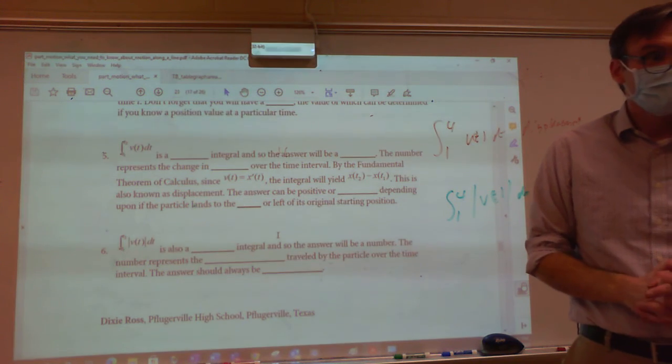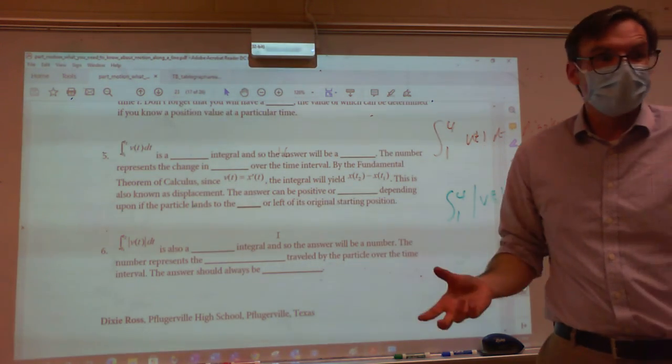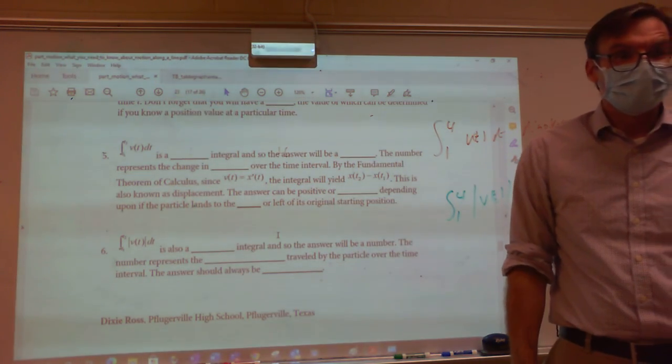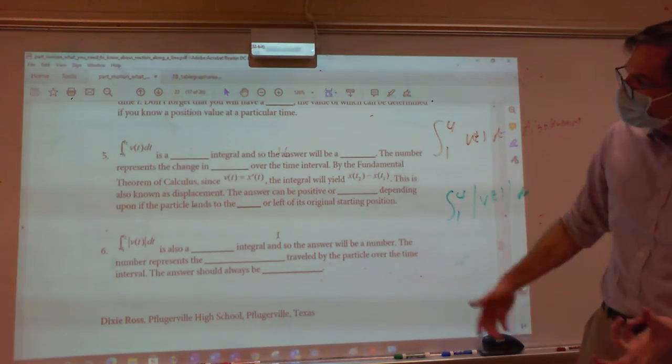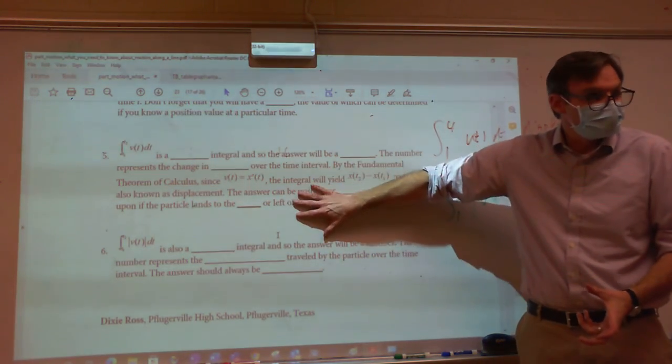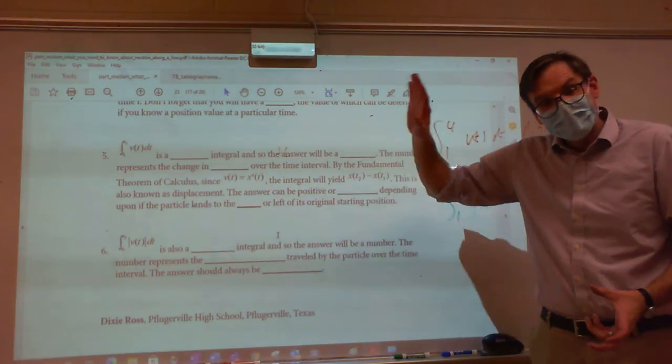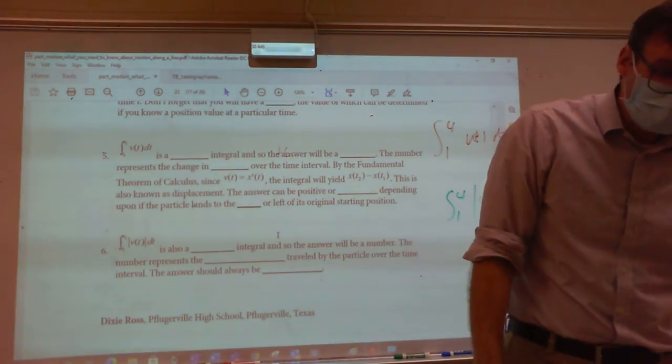All right. How are we with our little review of particle motion? Okay. Part two had to do with this area stuff. Yeah. Okay? And so now, what you're going to do